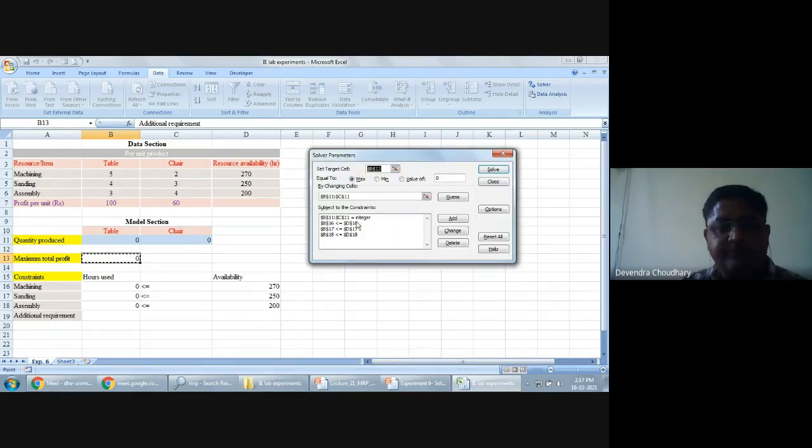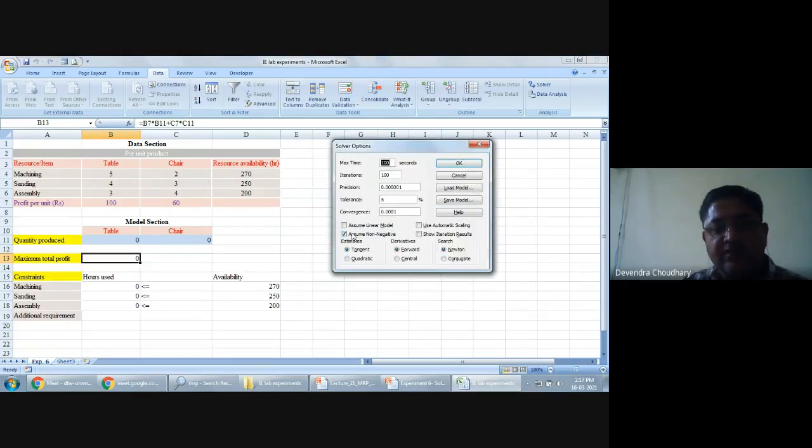So I have defined here an additional constraint that these decision variables, which are the number of tables and number of chairs we are going to produce to get the maximum profit, should be integer values. So I have now this additional constraint. Yes, I already have that these should be non-negative integer values now.